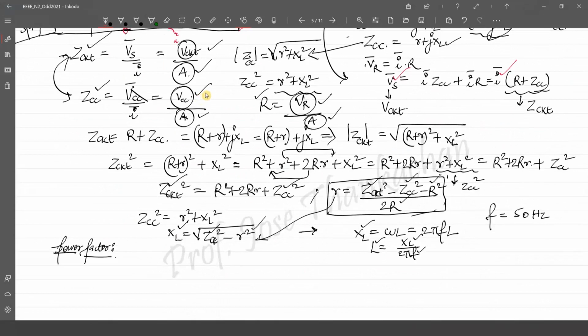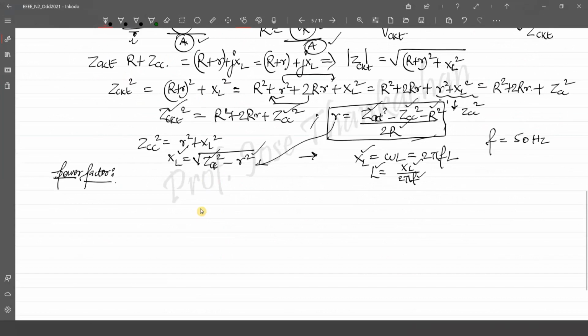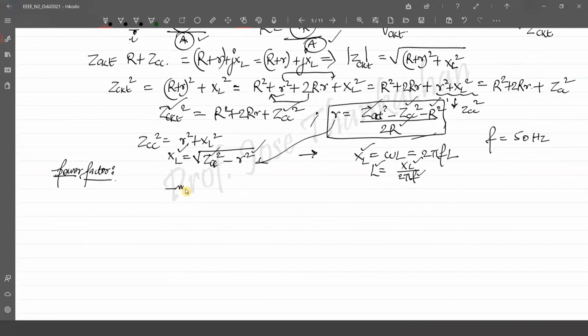So what all is present now in our circuit? Let me quickly draw the basic circuitry here. You have a small resistance r, an inductance L, and let's say some load is also connected, which is capital R. This is your equivalent circuit. Even though there are some measuring instruments connected, I am not drawing them. Just the equivalent circuit I have drawn. And here you have an AC source, Vs, and there is some current flowing in the circuit. This is the circuit which you have essentially in the lab.